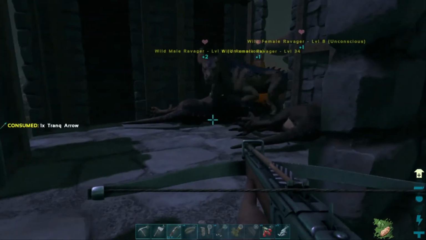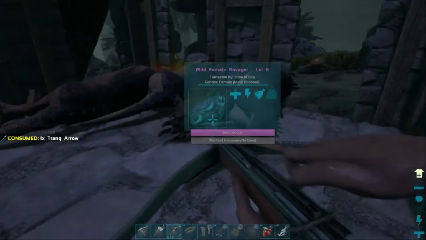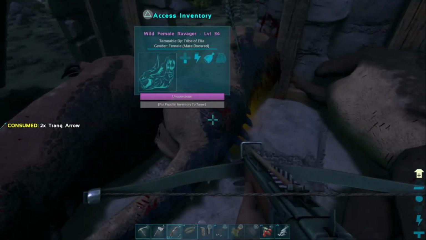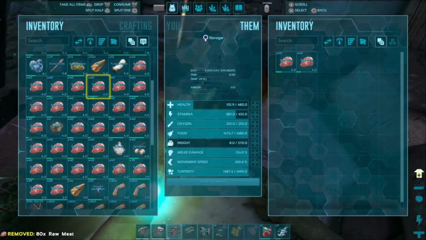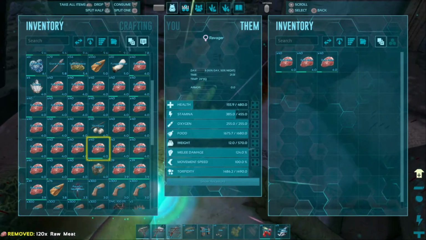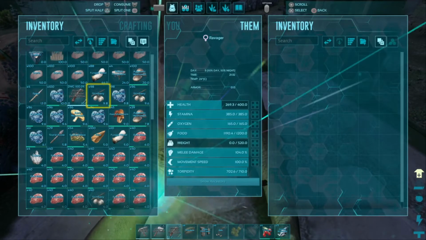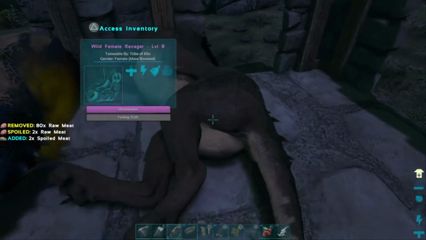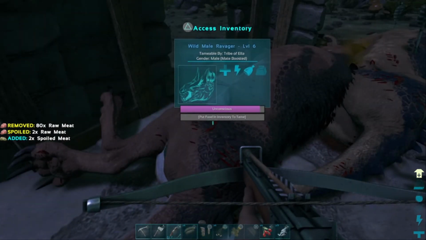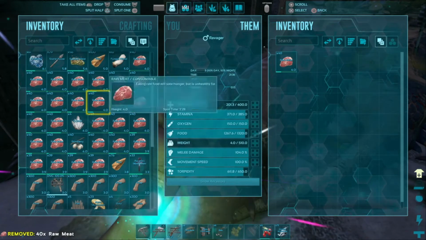Alright, 2 down. This 3rd one's running, so I can get right in the pen. Oh. There we go. 3 little puppies down for the count. So then, put meat in. I believe that these guys' preferred food is cooked mutton. Or raw mutton. So if you have that,